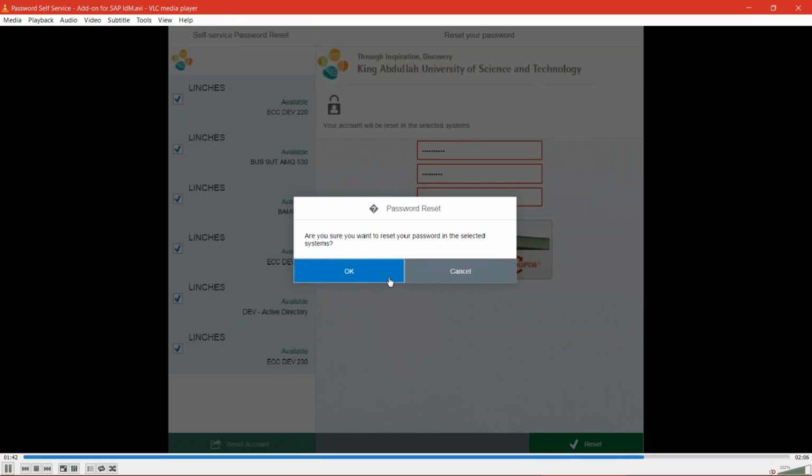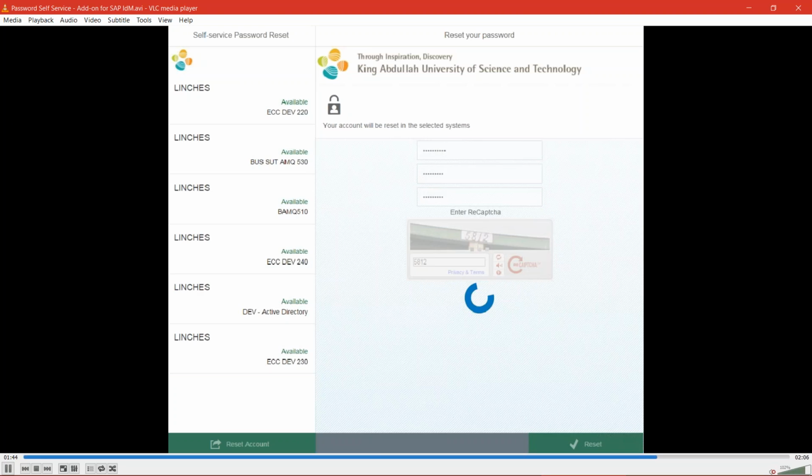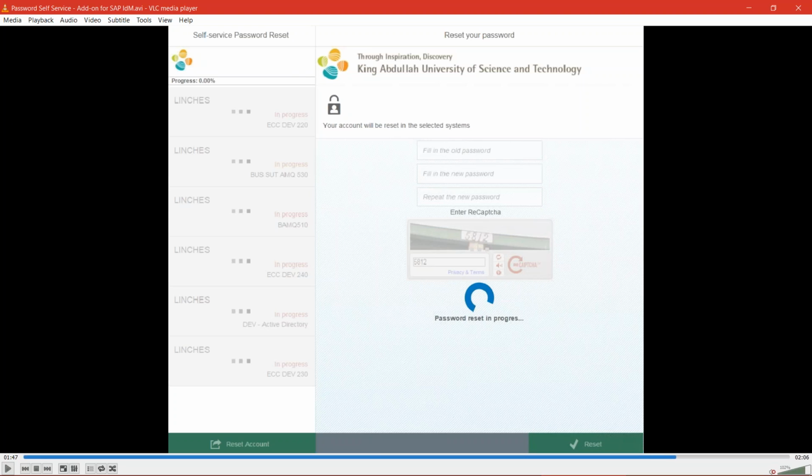And this is as easy as that. You just click on Reset, and again, the process repeats. All those systems get in progress, and the password is being reset using the Identity Management standard connectors to those systems. So really